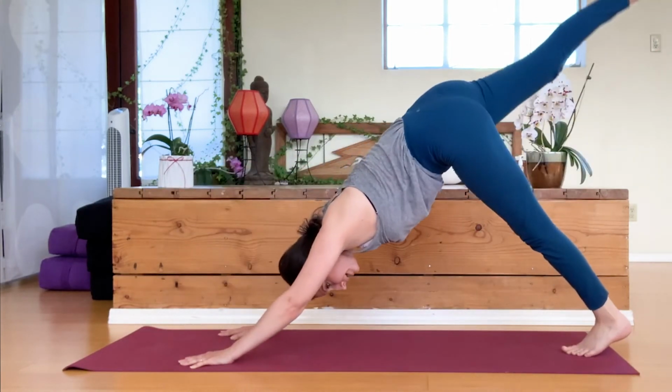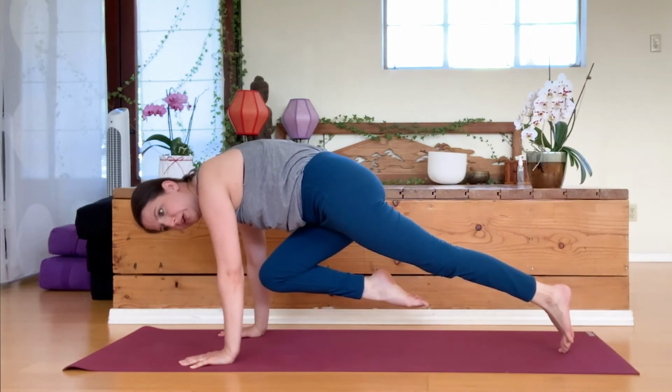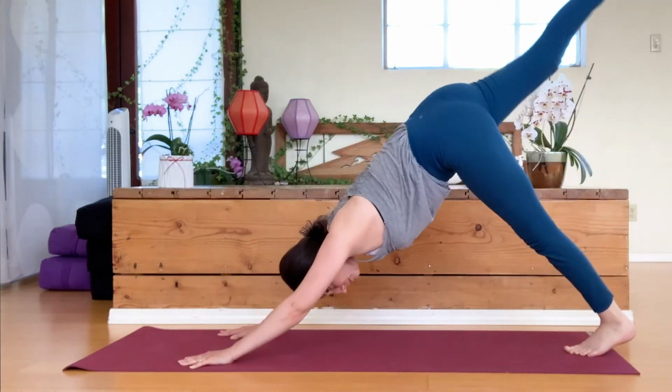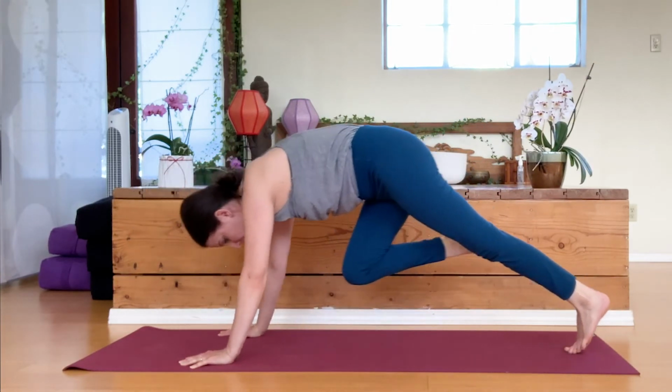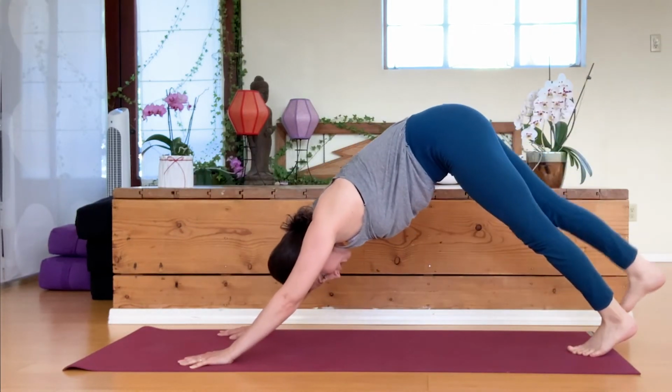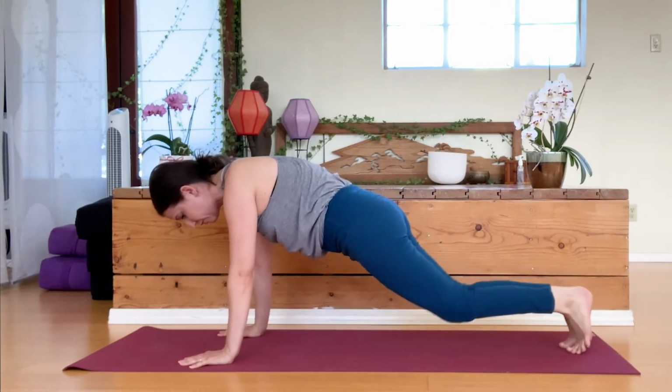Inhale, bring it back. Exhale, bring it in as we move the body forward. One more time. Back and in. Good. Move it back, drop the right foot down, bring the body forward into a plank position, drop the knees,